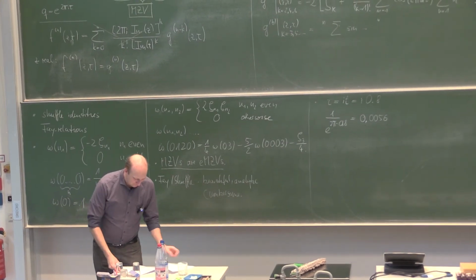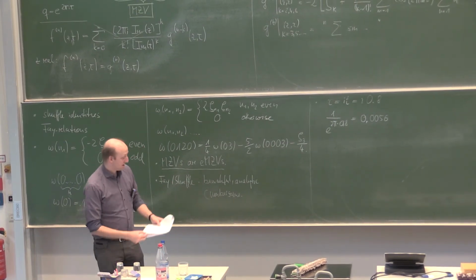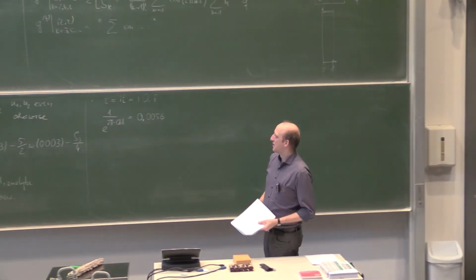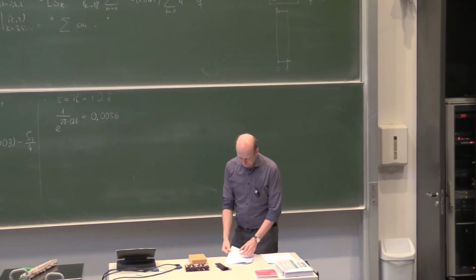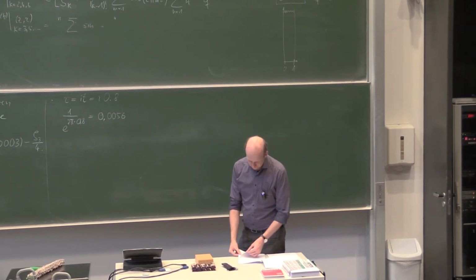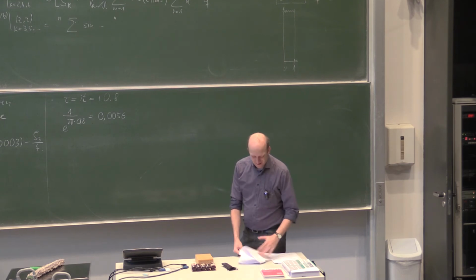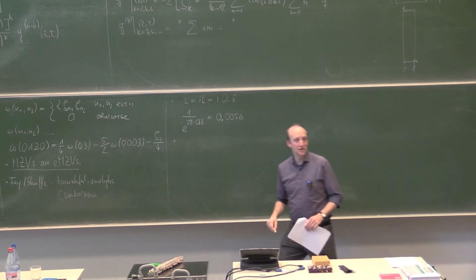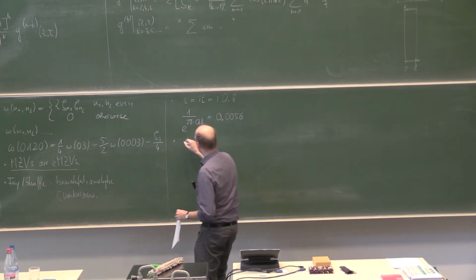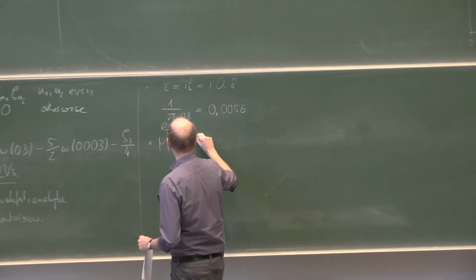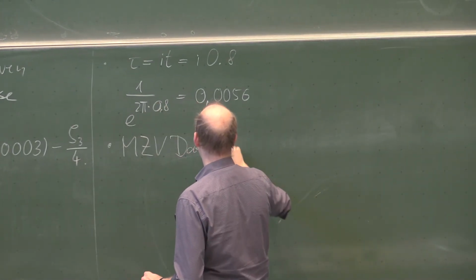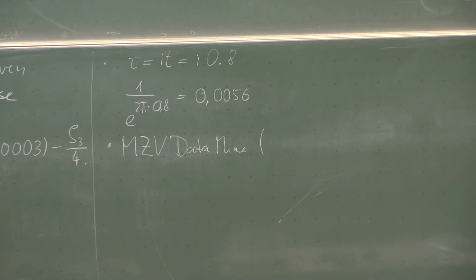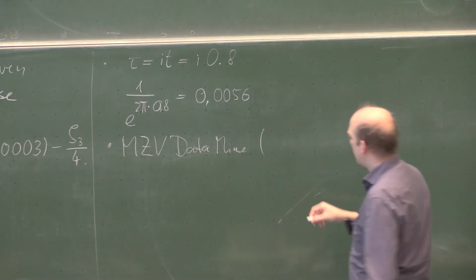So the whole set of relations has been collected on a web page, which is the chance for me to also mention another web page. So relations between usual multiple zeta values are available in something called the MZV data mine. And this is something from the end of the 90s. I think it's 98 or 99. It has been